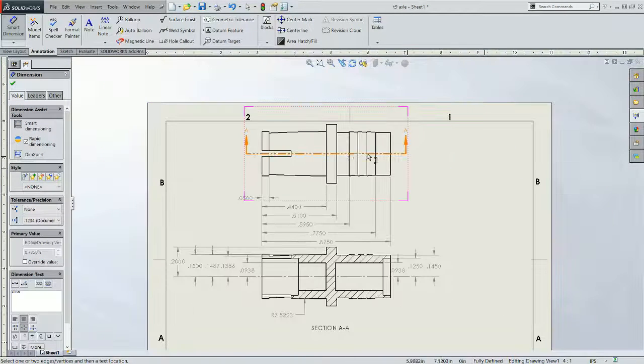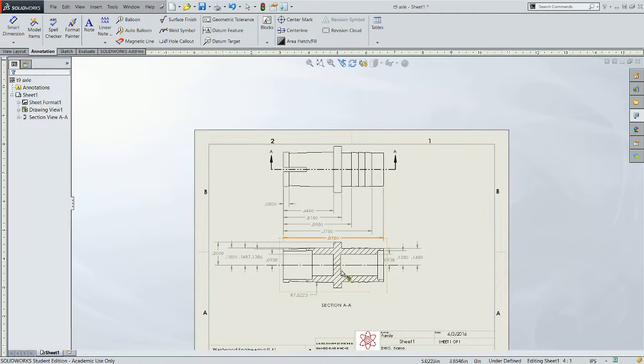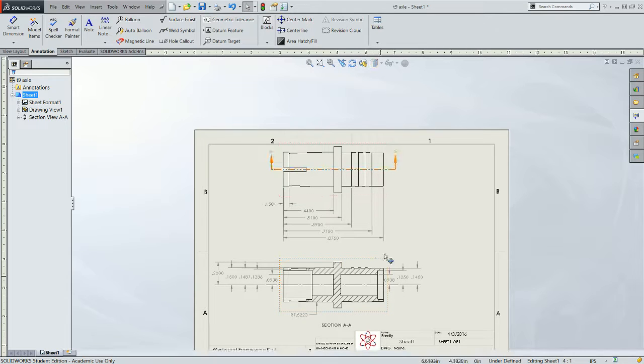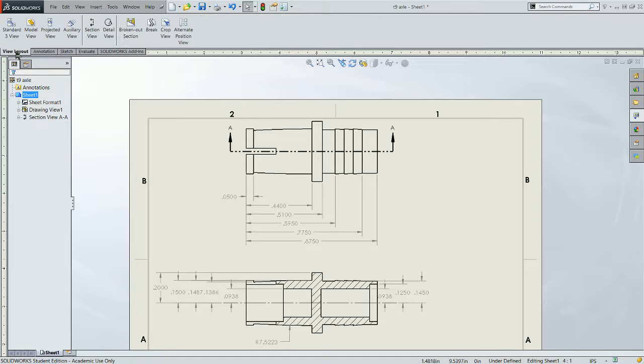There we go. And bring my sectional view down a little lower. So, pretty busy drawing right now. But let's go ahead and add a detail view here. And as you remember how to do that, what we're going to do is go to the View Layout tab, select the Detail View button,